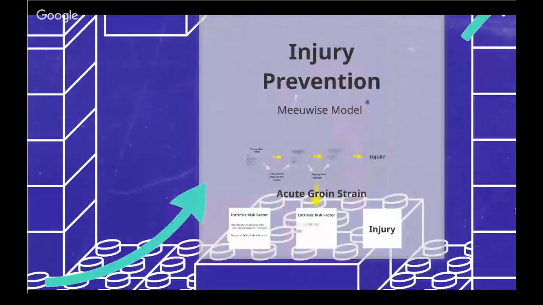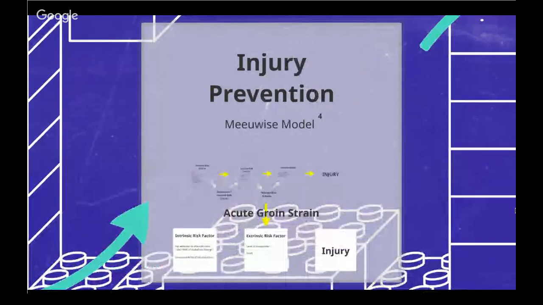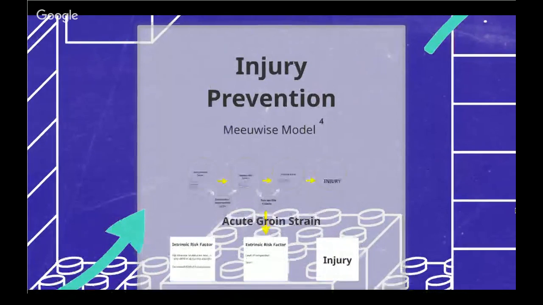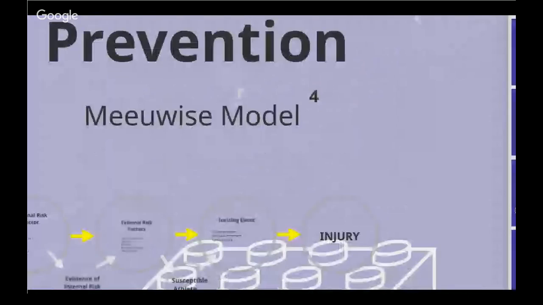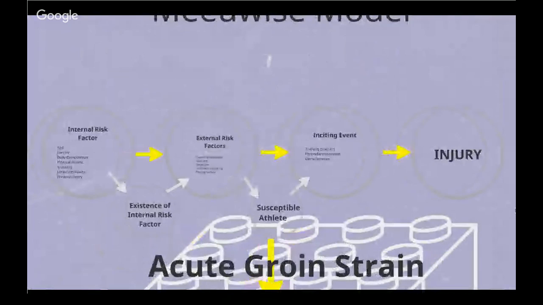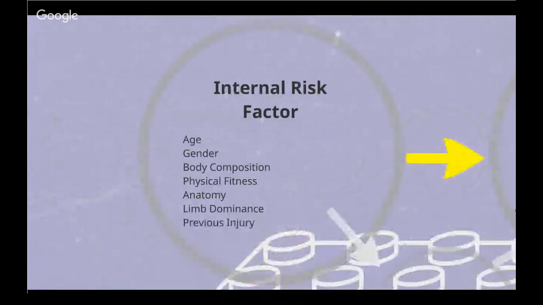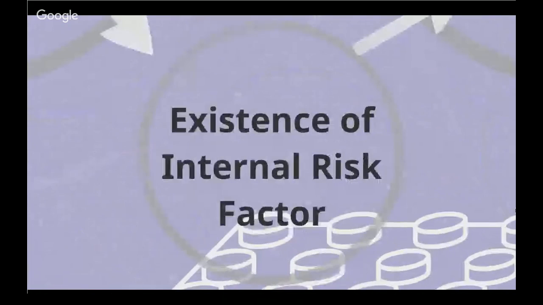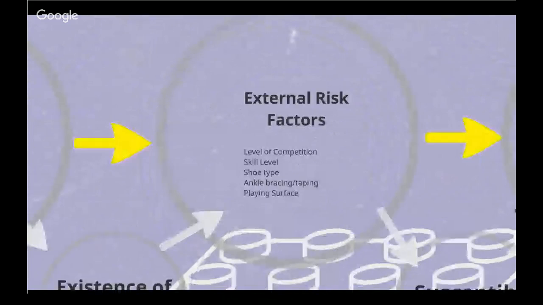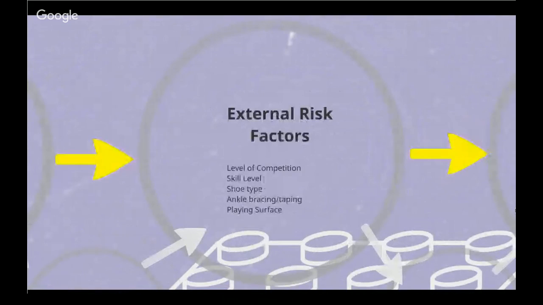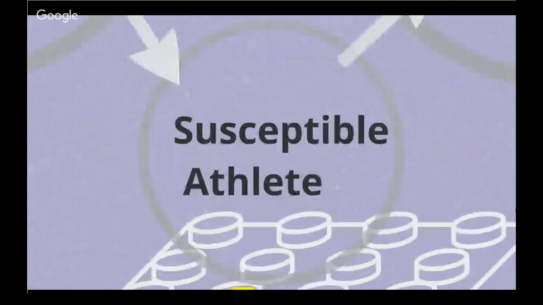Next, we move on to injury prevention. We'll be focusing primarily on the Meeuwisse model. The Meeuwisse model takes into consideration 5 different areas. First, you have to have an internal risk factor. So things I mentioned earlier: age, gender, anatomy, limb dominance, things that are specific to a sport or position. Existence of an internal risk factor, so somebody has to have it. An external risk factor, so level of competition, shoe, playing surface, things that can occur on the outside of the sport or the injury. And you have to have a susceptible athlete, although an injury could be more prevalent on